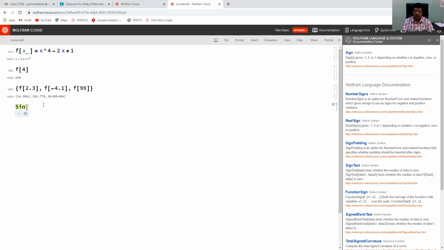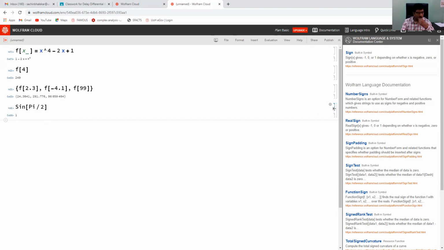I want to find the value of sine of pi by 2, for example. Then how to use pi? Use Pi, where P should be capital. Sine Pi by 2, and then run. So this is the answer. The answer is 1.